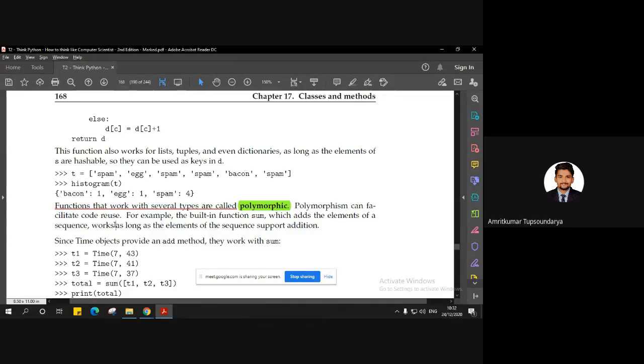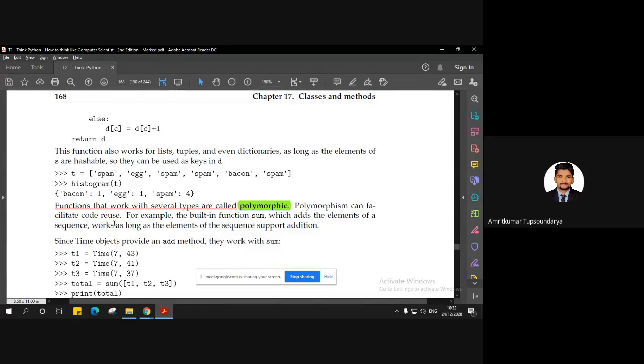Polymorphism takes care of that, right? So if we have a function that works with several types, we can clearly say that the function is versatile, or can be used with some minor changes, okay, right?